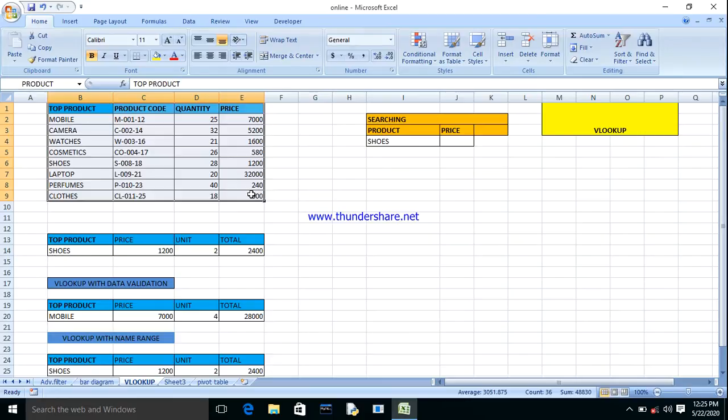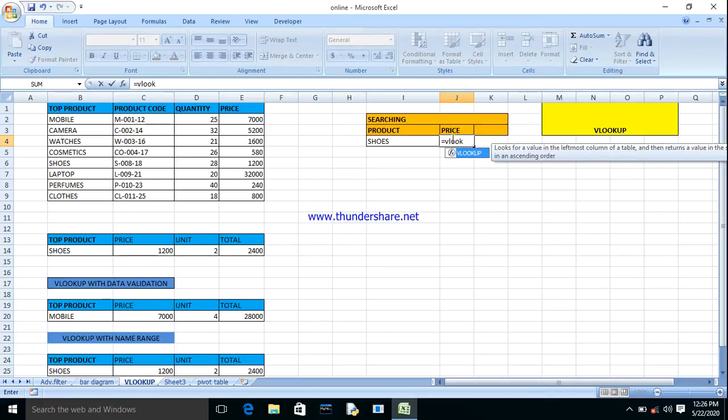But if the quantity of data is very high, then how would you proceed? For that type of situation, you have to use VLOOKUP. V means vertical lookup. Vertical lookup helps you to search your data vertically. So now we have to write the function or formula: equals VLOOKUP, parenthesis open, the first argument, that is the lookup value. That means which value you want to look up.